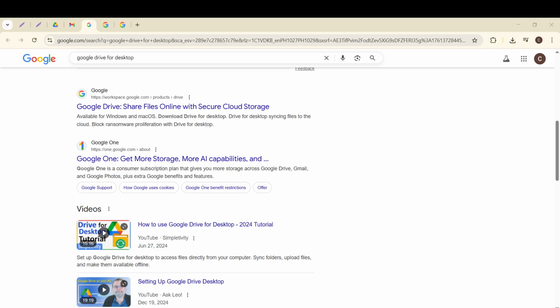Whether you use Chrome, Firefox, Edge, or any other browser, the steps will be the same. In the search bar, type in Google Drive for Desktop. This will direct you to the search results page. Now, on this results page, locate the first link that appears, or, alternatively, click on the link that includes